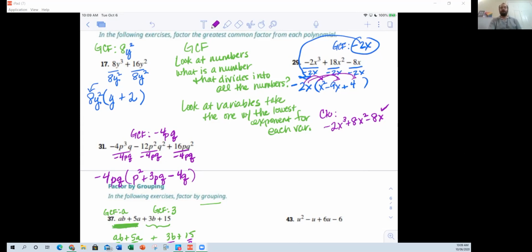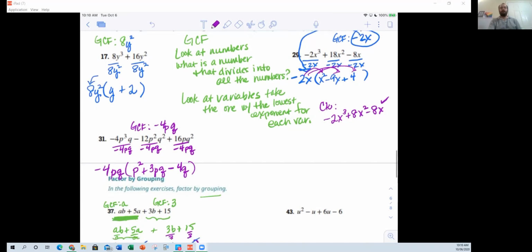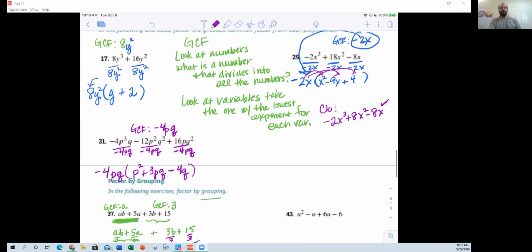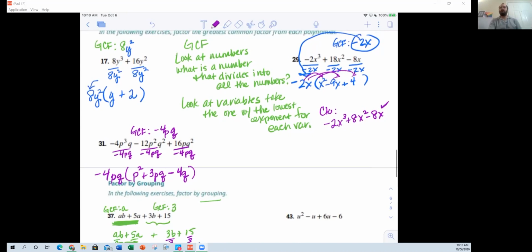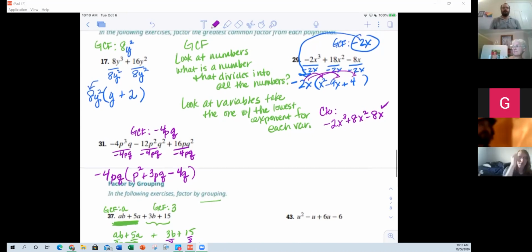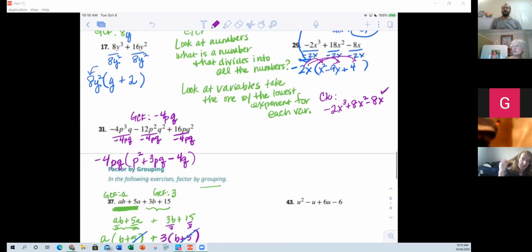I have a question. Do we always have to pick the smallest exponent? Yes. Okay. Yeah. All right, so 31,